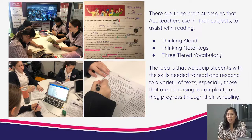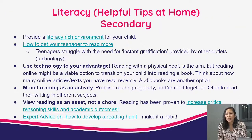Our main goal in the secondary is that we equip our students with the skills that they need to read and respond to a variety of texts, not just written ones, but spoken ones, videos that they watch, especially as they progress through their schooling and they need to be exposed to these more complex texts. The main thing I wanted to get across to you this afternoon is on the next slide, which has some helpful secondary tips. I put in some links there. You will have access to this later on, so if you'd like to go back and click on those links,